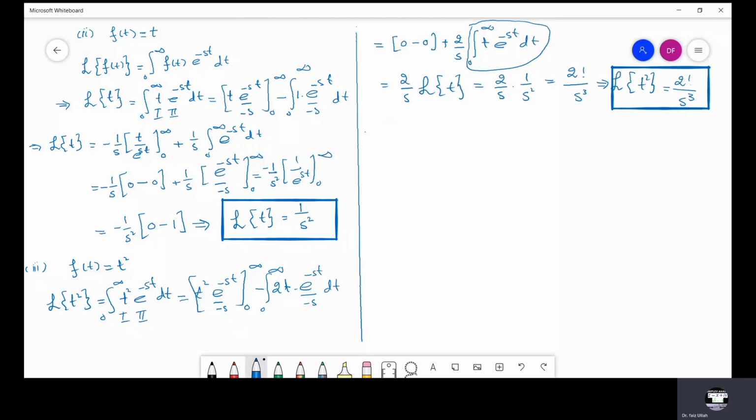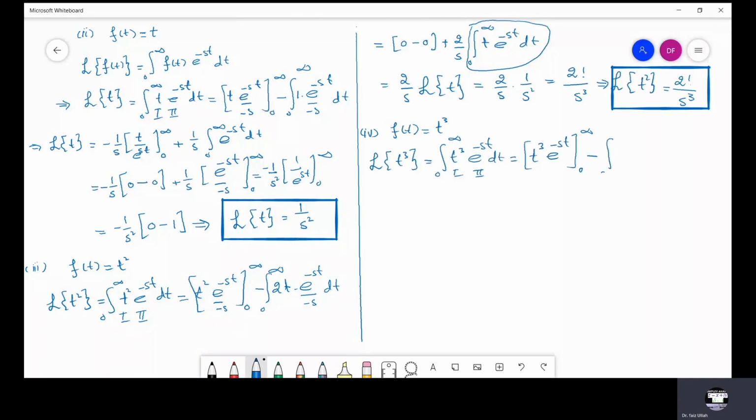Now the fourth part is to find Laplace transform of the function f of t, which is equal to t cube. So let us use t cube in the basic formula. We have Laplace transform of t cube, which is equal to integration from 0 to infinity t cube e power minus st dt. Let us use integration by parts. So we have first function, integration of the second function. The limits are